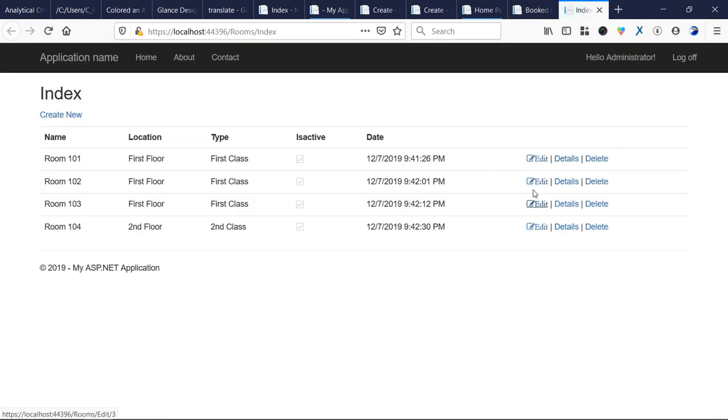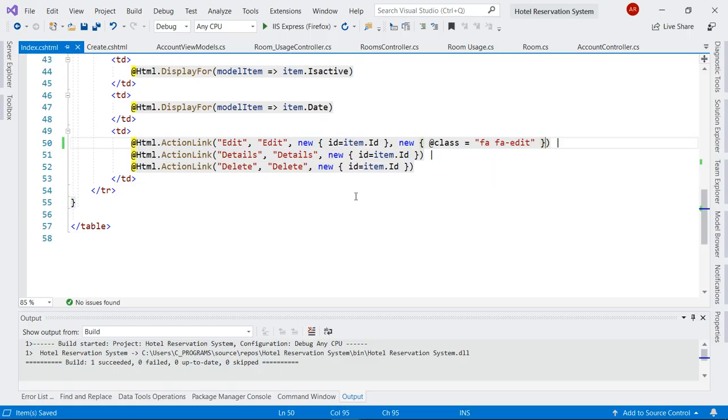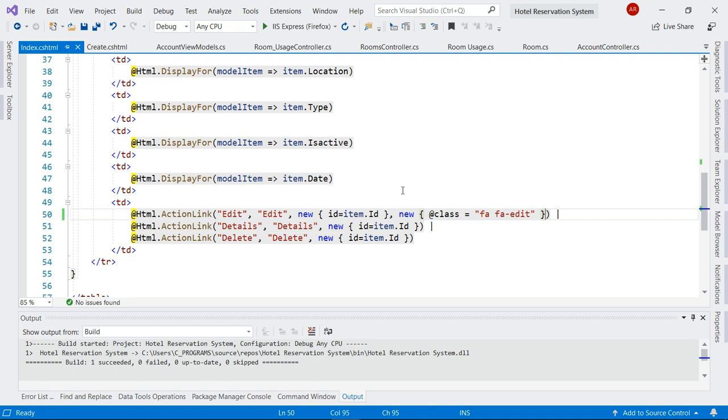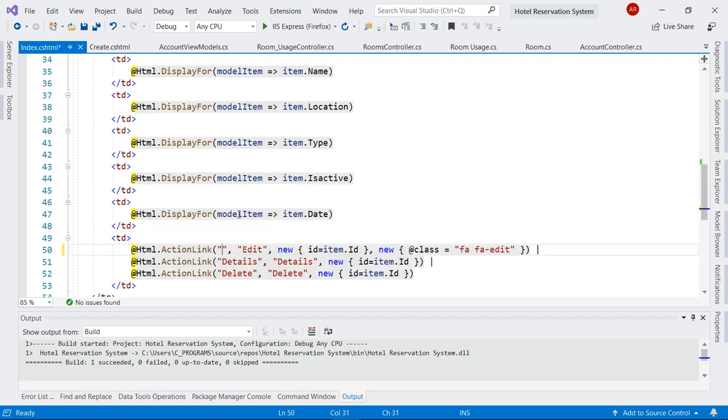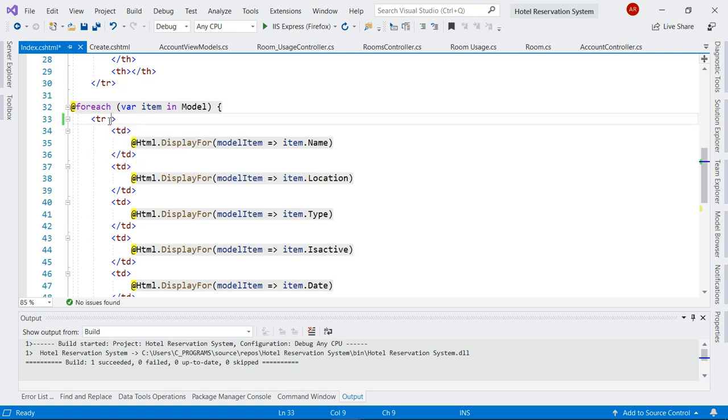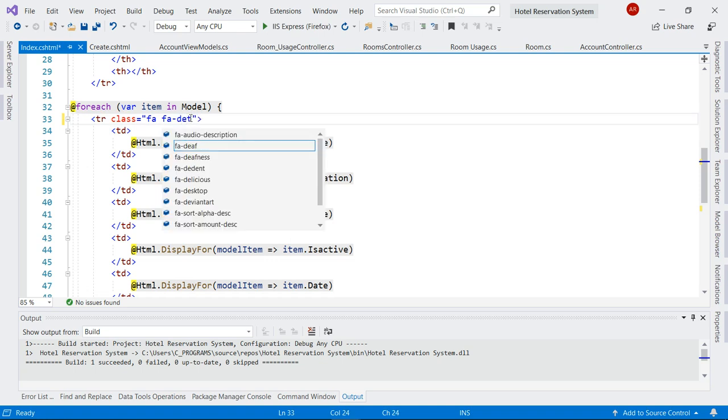Okay, so I have the edit button. That's actually what I want, and I'm going to delete this text. I'm also going to test that. Control V. Instead of edit, let me see if I have the details about. I don't have that. Let me see delete,